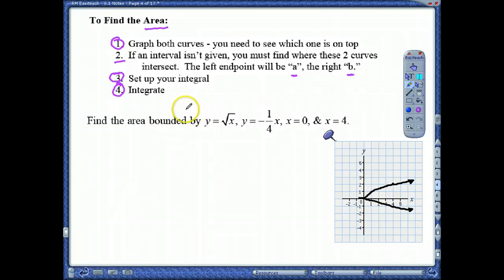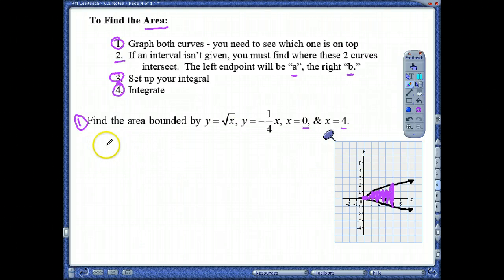Okay, so let's look at our first example. We want to find the area that's bounded between y equals square root of x, which I have here, and our line y equals negative 1/4 x, and we want to go in between 0 and 4. Well, they happen to intersect at 0, and then 4, we're chopping it right here. So we are just looking at this area right in here. So when I look at that area,